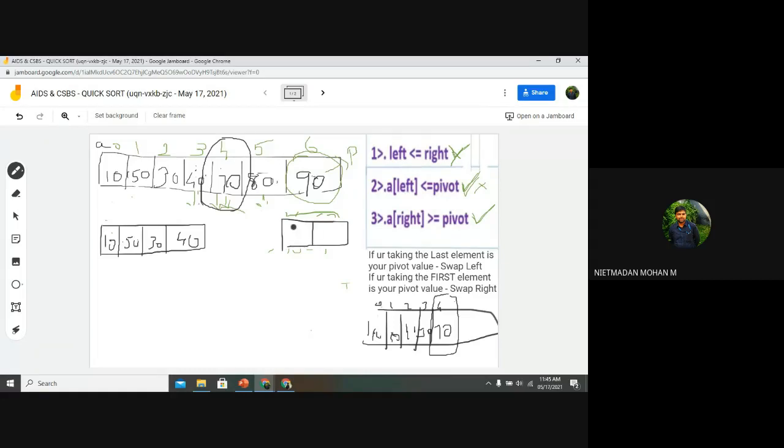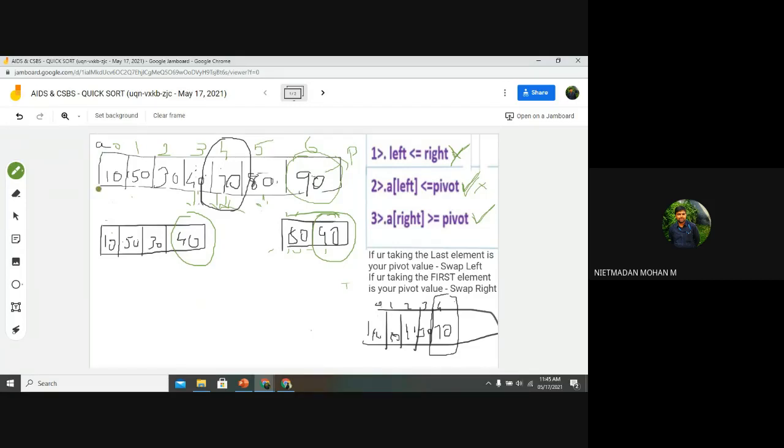It will be split into 2 lists. And here, this 40 is your pivot number again, and this 90 is your pivot number again. Have you understood how it will work?